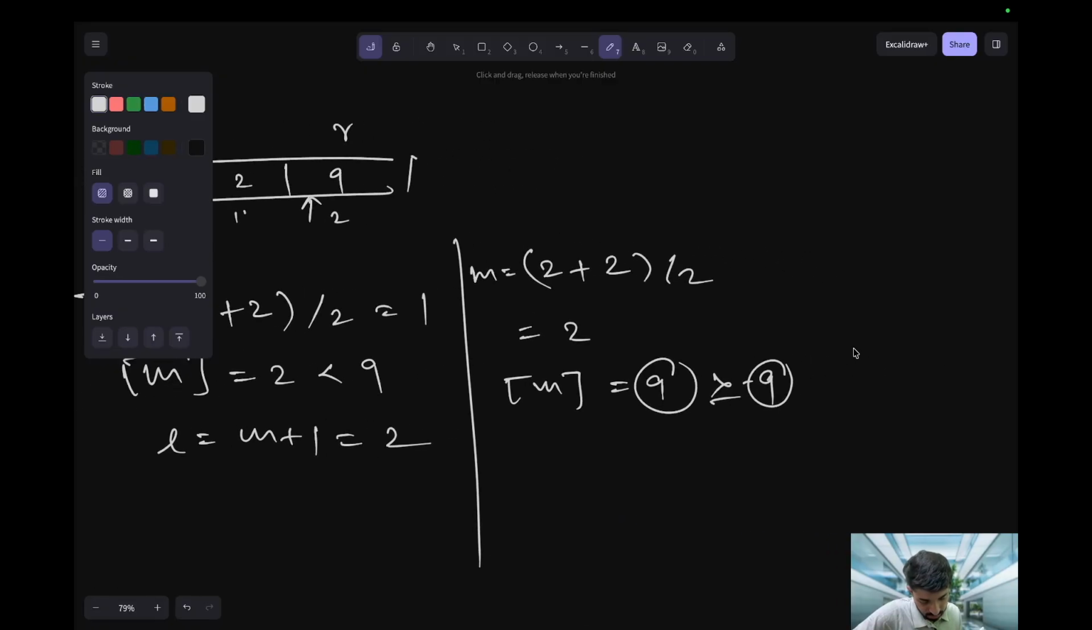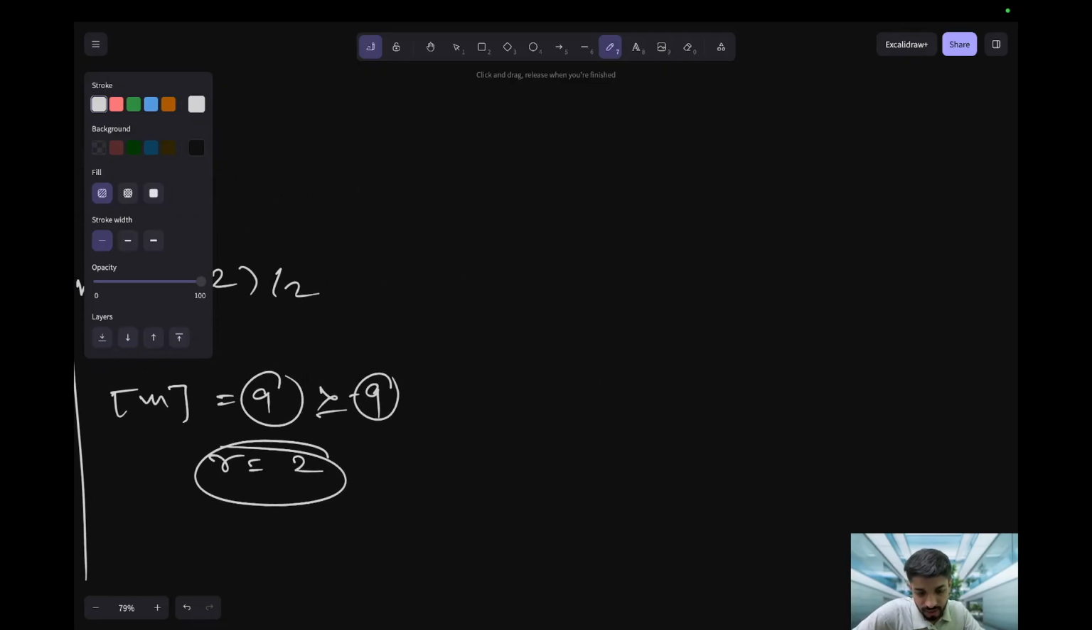Right will be, r is already at 2. This will cause a problem. It will run into an infinite loop. Now what to do? So we realized one thing, like